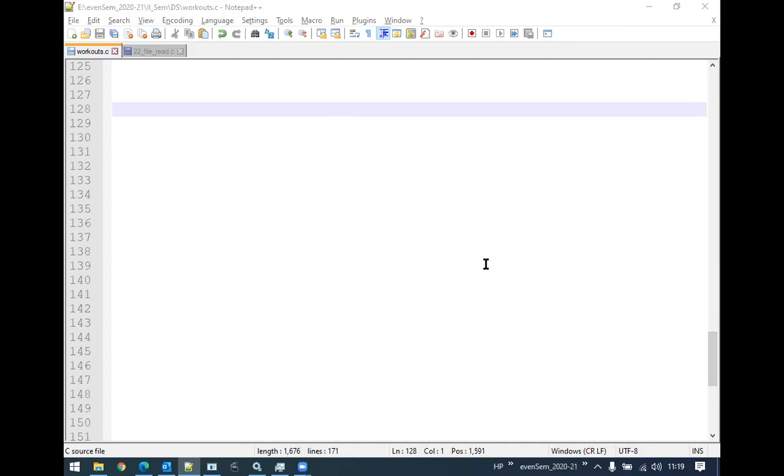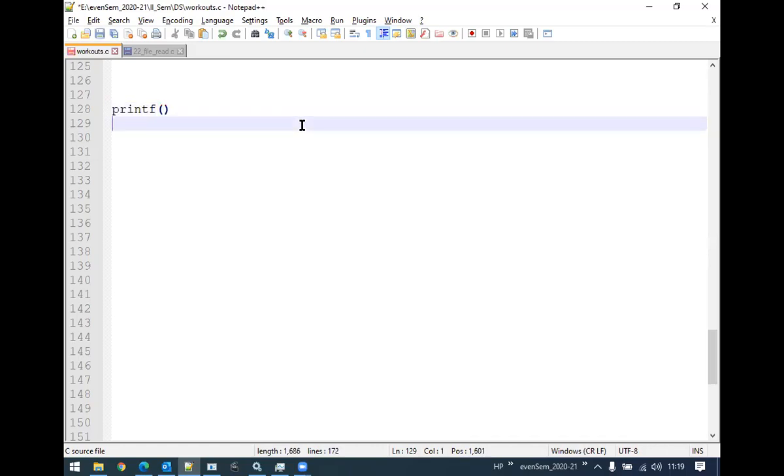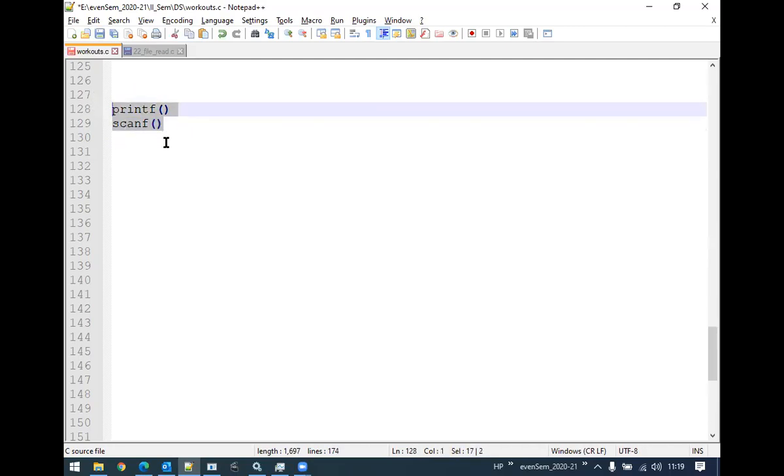Now, based upon these two library functions, we will try to implement the IO operations on our files. Before we begin, I want to go through two more functions. These two functions are not on the files but on the standard input-output devices. We have studied printf and scanf, which you studied in your first semester.